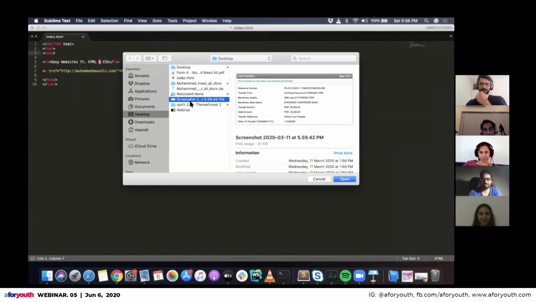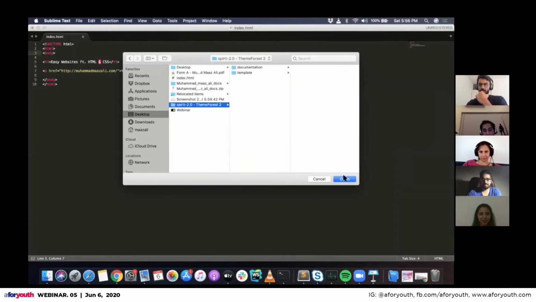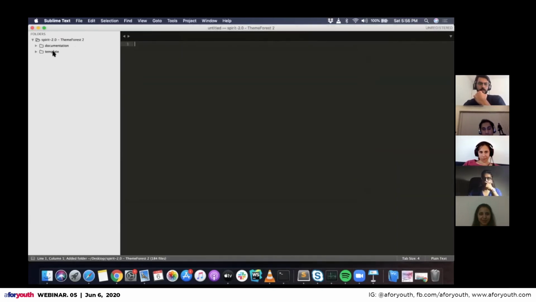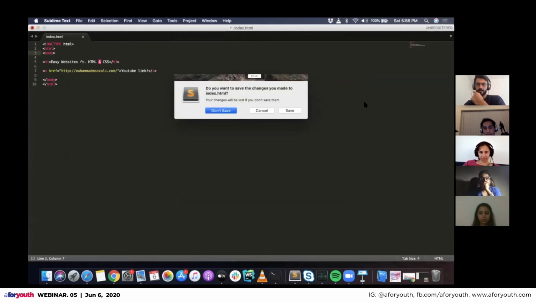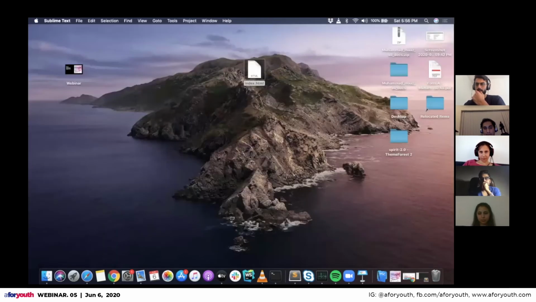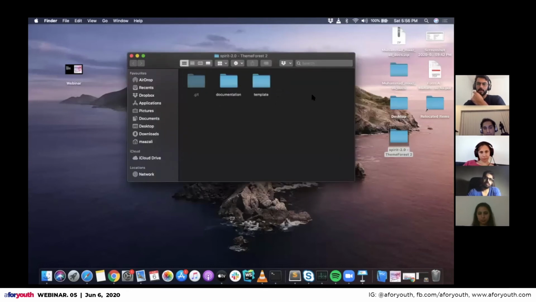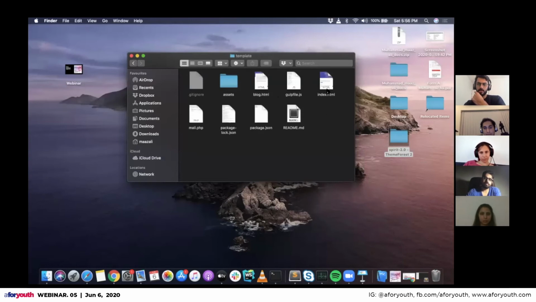Here, this is a template that I actually downloaded, and I can show you. When you download any template, it will show you an index.html page, and this is where you start.